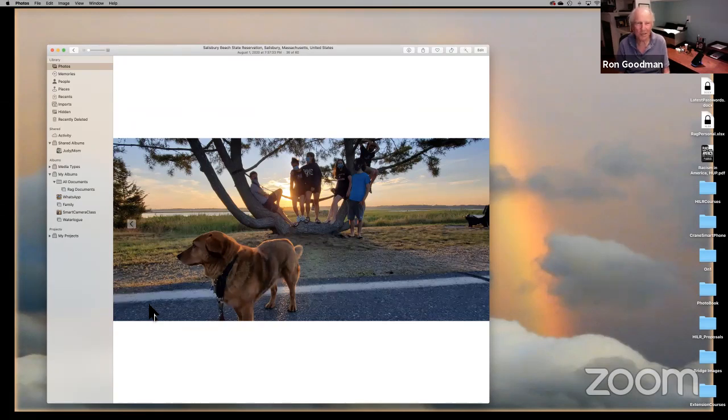What do you want to see? Do you want to see the dog? Do you want to see the people behind? It's a snapshot. It shows you the dog's there with these people. If, on the other hand, after the person who took this